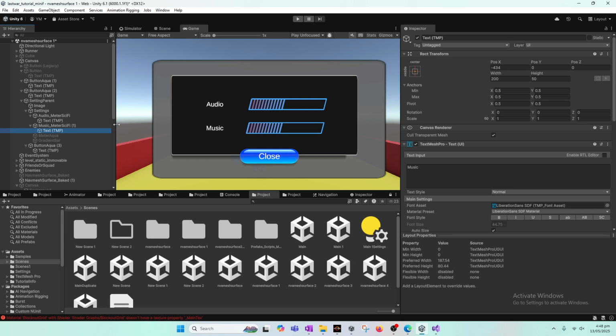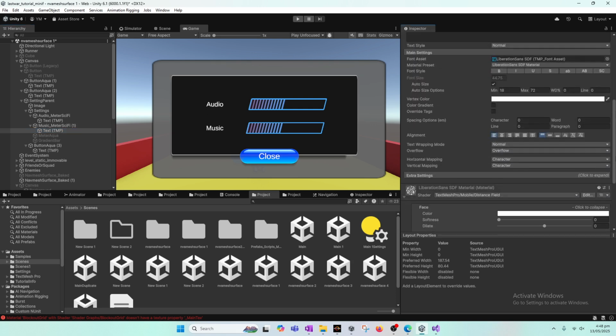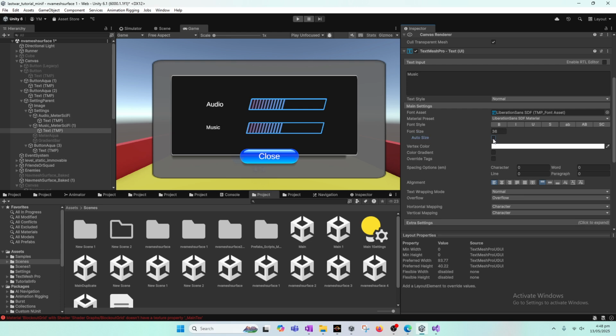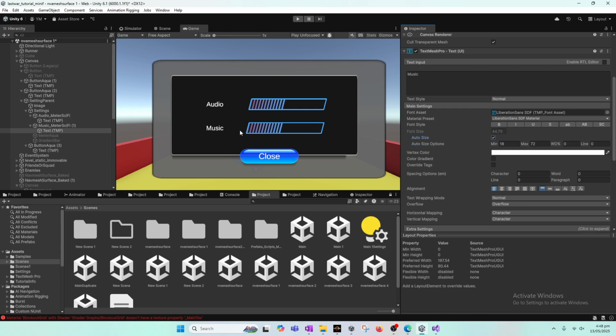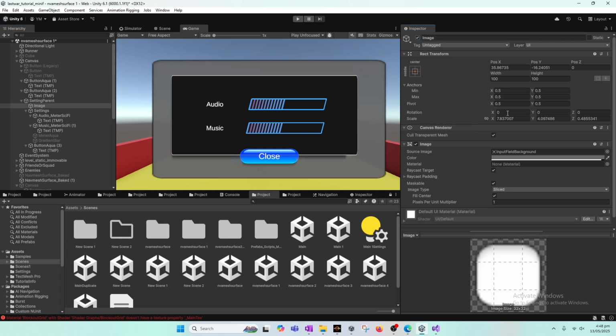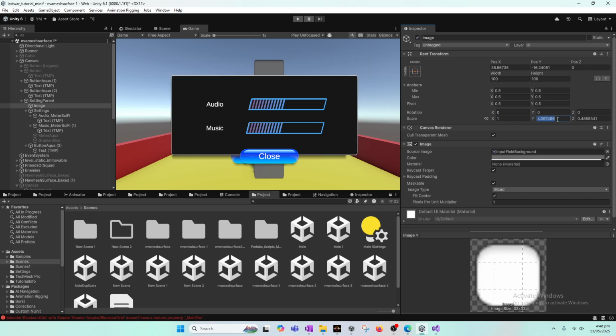Also, another thing you will do is go onto this text component here and select auto size. Without auto size it looks like this, and with auto size it looks better and scaled. Even though it looks scaled, it doesn't look bad. In the background image, which was this, we noticed that it was a bit disproportionate and the quality looked a bit off. So we will set that back to 1,